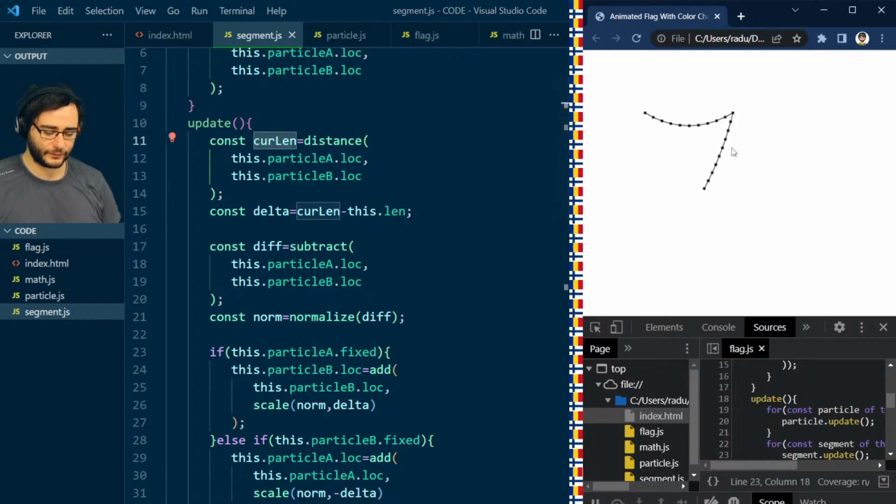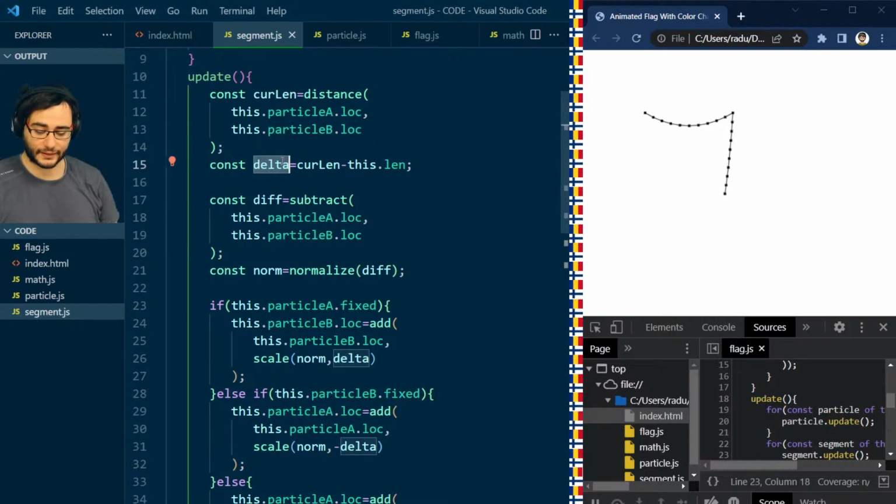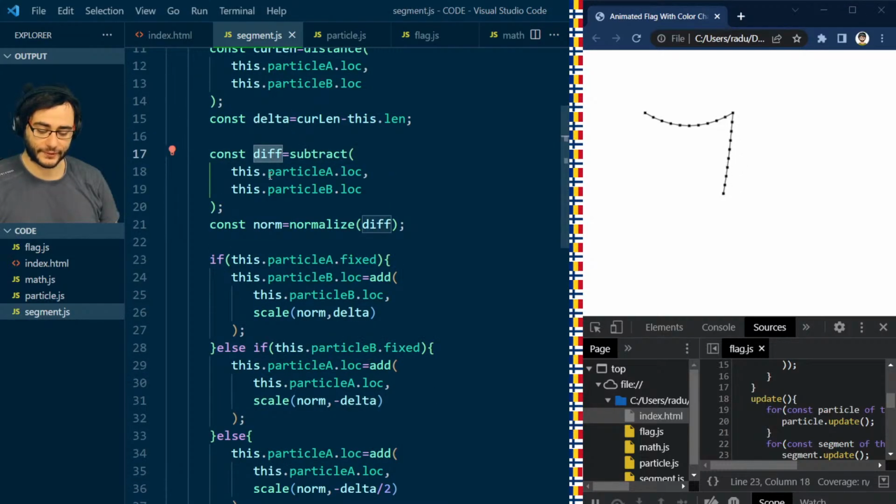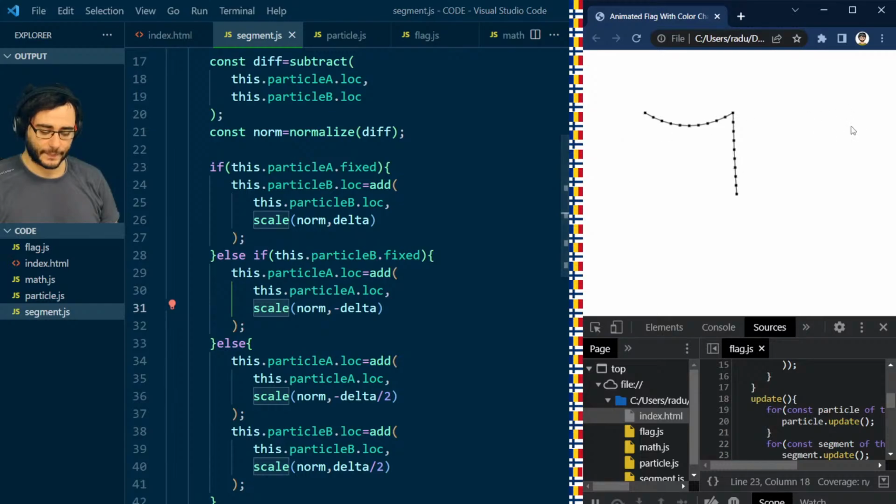I really need to visualize all those vectors and break at each part of the animation to show you exactly what I mean by this delta value and what this difference vector looks like, how it looks like after normalizing, how it looks like after scaling. I'm gonna make a nice visualizer for this someday. But